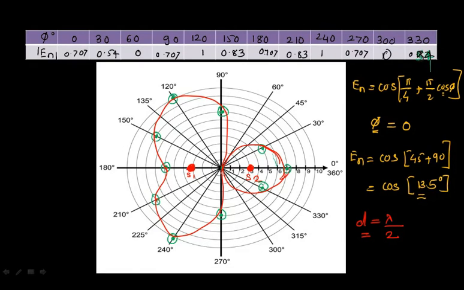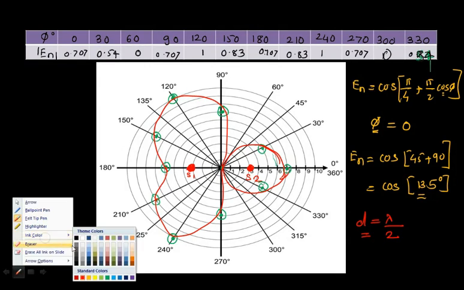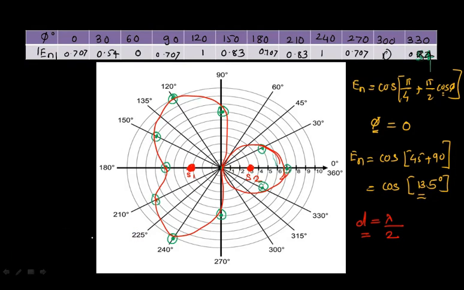Okay? So this thing we have taken only for what? For the distance lambda by 2. Now what will happen if I change the distance? So in the next case, I'm going to discuss what will happen if I change the distance. So if the distance is equal to lambda by 4, what will happen in this case?